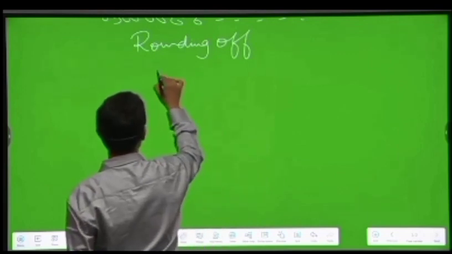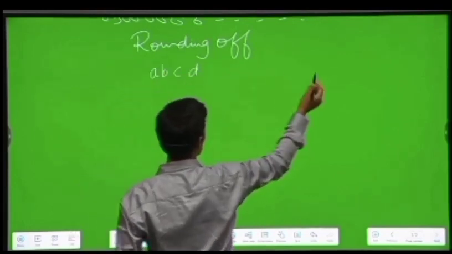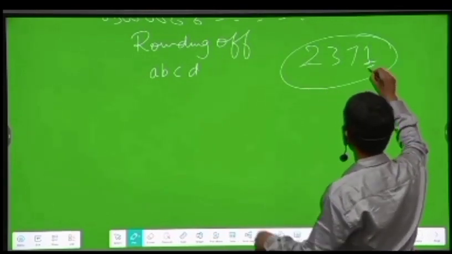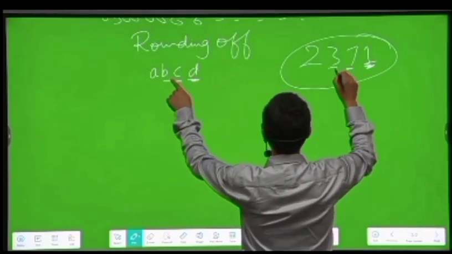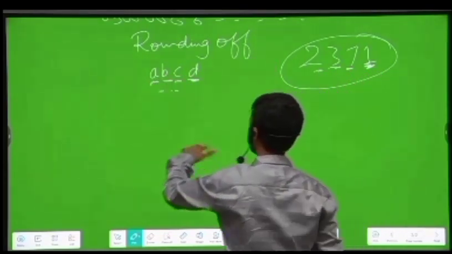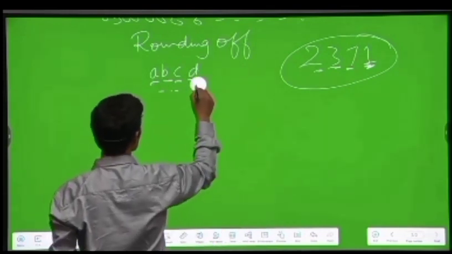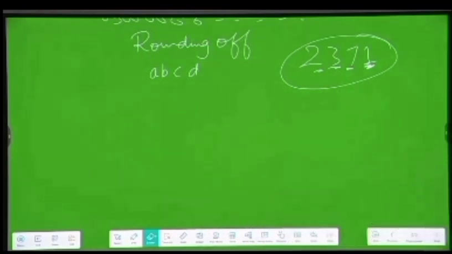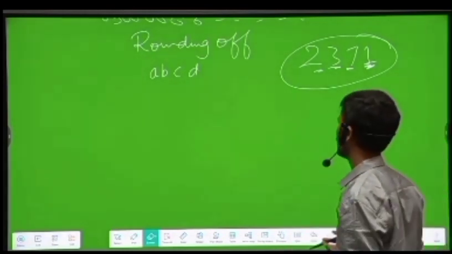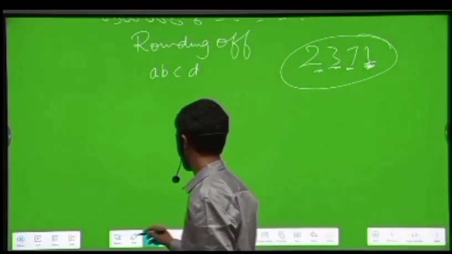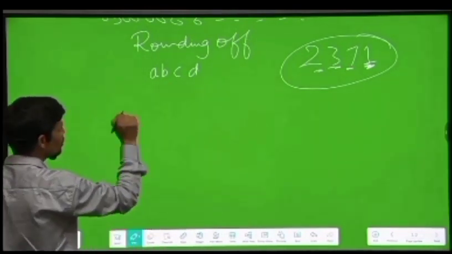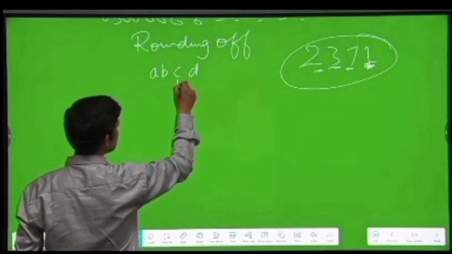So let us suppose we have a number a, b, c, d, like 2, 3, 7, 1. If this is a number, so this is ones place, this is tens place, hundreds and thousand. So it is not like a multiply b multiply c multiply d. I'm considering it as a number where d is in ones place, c is in tens place, and so on and so forth. Okay, now if we want to round it off up to this place c,